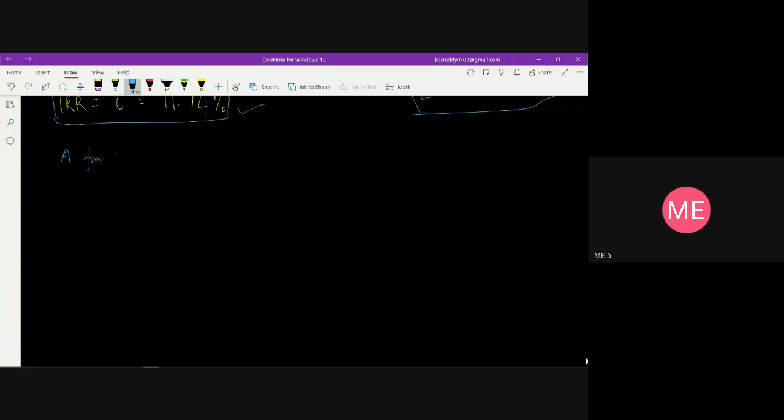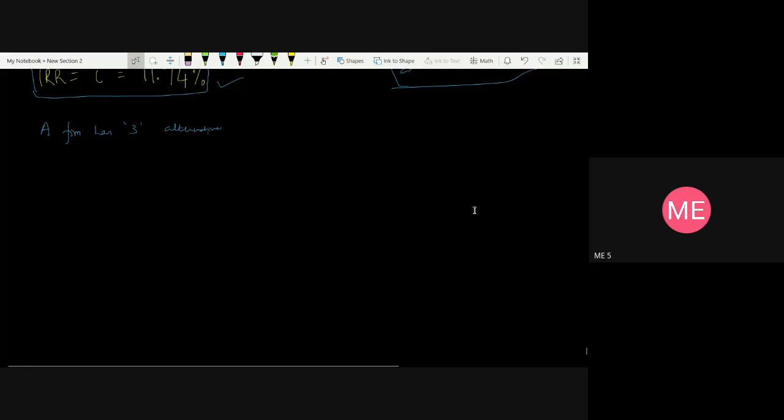A firm has 3 alternatives, and one of these 3 needs to be chosen. Say alternative 1, alternative 2, and alternative 3, and each has an investment,